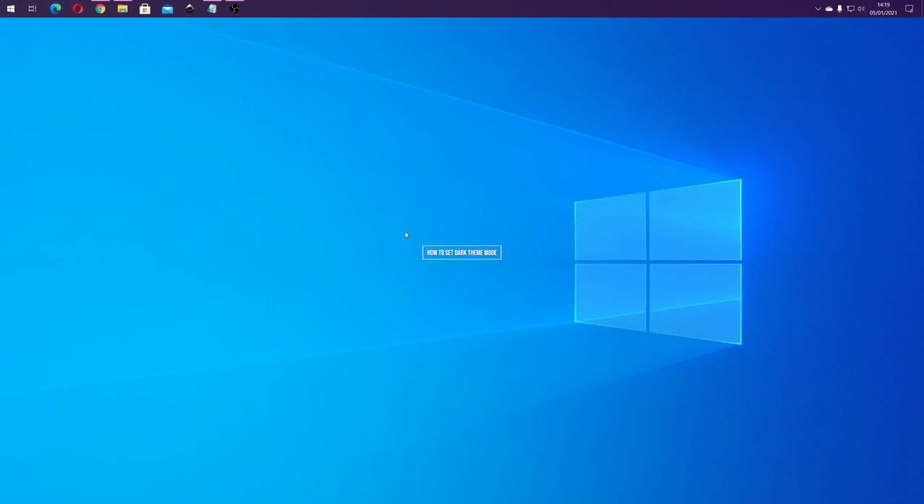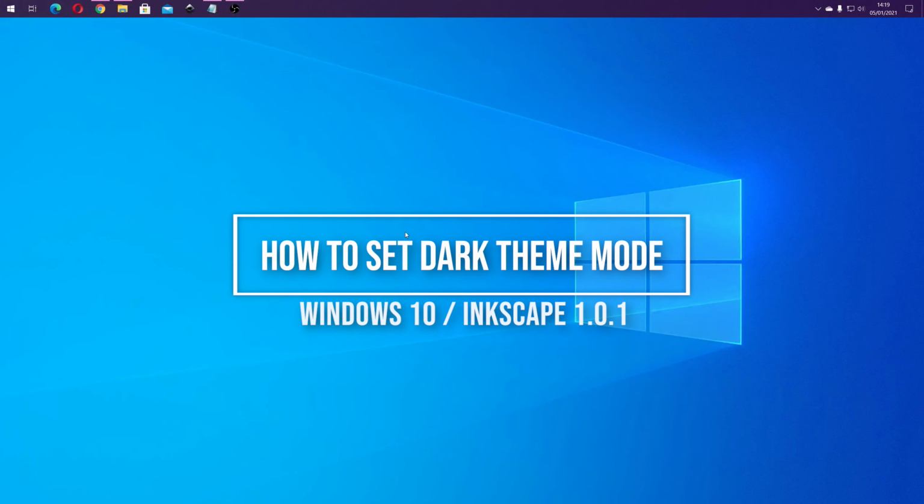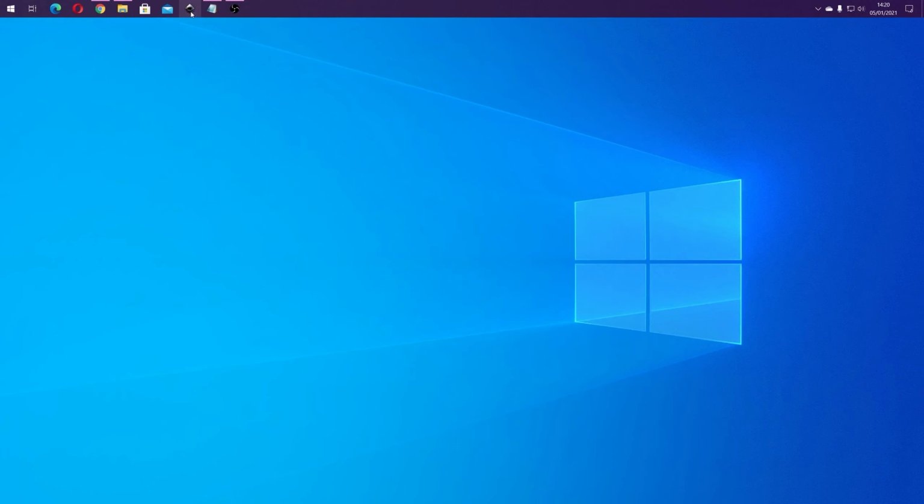Hello guys! Today in this Inkscape tutorial, a quick tip on how to set up dark mode in the editor. So let's open up Inkscape,